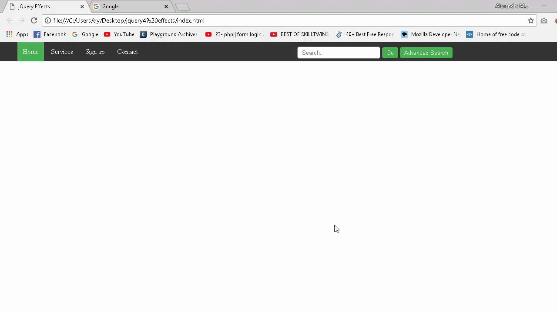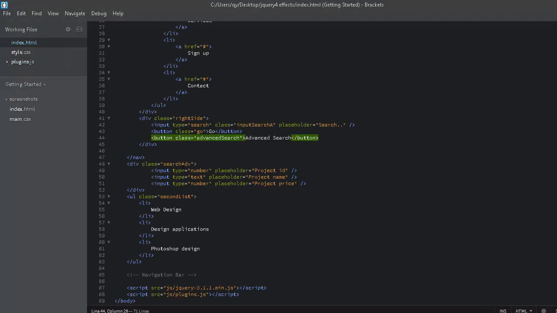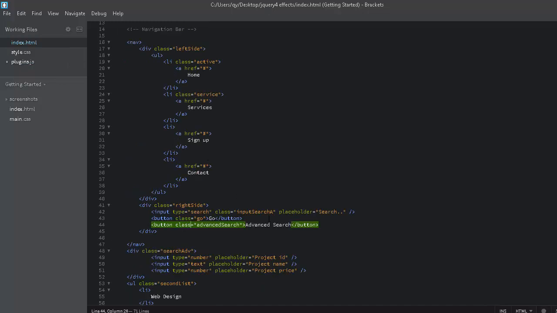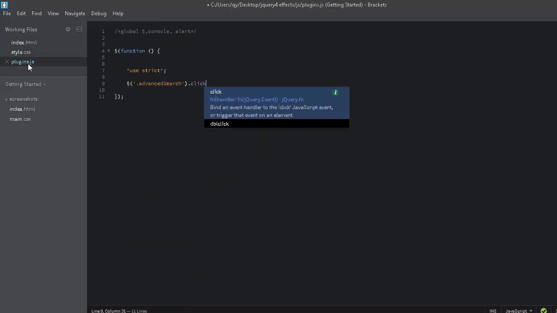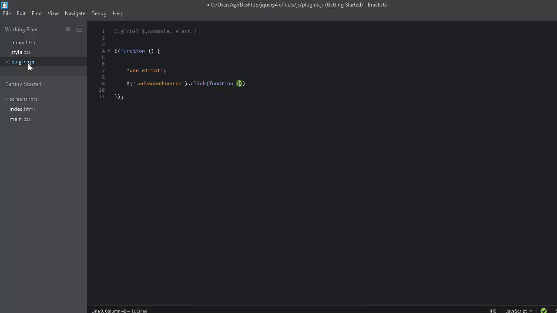So when we click on advanced search, let's take firstly the advanced search class. We will select this class, and when we click, I will run a function. In this function, I will use the show effect, but firstly I will add a comment to organize the code. This is the show effect. And now when we click on this button,